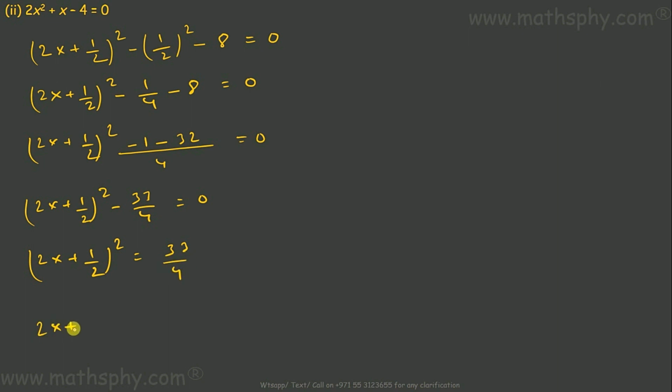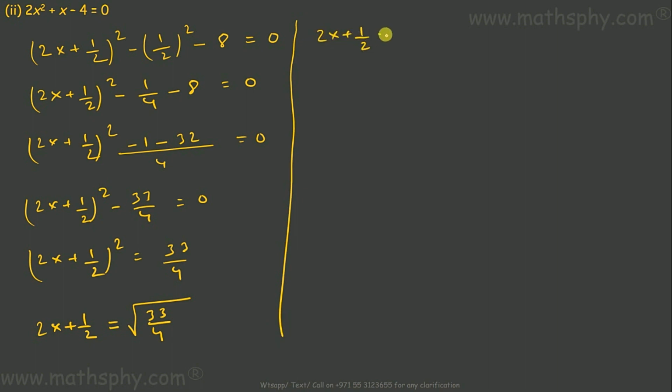2x plus 1 over 2. This square goes to this side and becomes a square root. So root of 33 over 4. So this will be 2x plus 1 over 2 equals plus minus. 33 cannot be broken, so I keep this inside the root. Root 4 gives me 2. So positive, negative, root 33 over 2. So 2x would be root 33 over 2